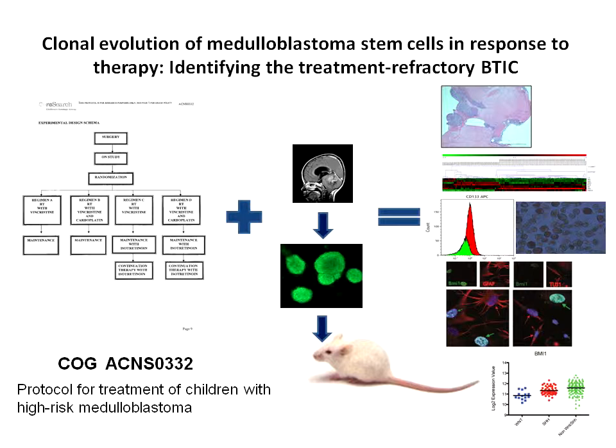So what we do is we take the human brain tumors, we dissociate them, we take the stem cells and sort them into different brain tumor stem cell fractions and implant them into the brains of NOD-SCID mice. Then we treat the mice with the same protocols of chemo and radiation that the children get. And now what we're able to do with mice is we can sacrifice them at different time points, and we can study the tumor at different stages of treatment,